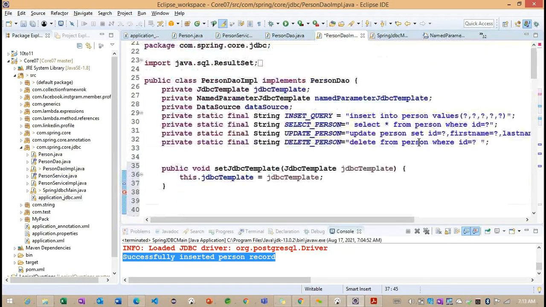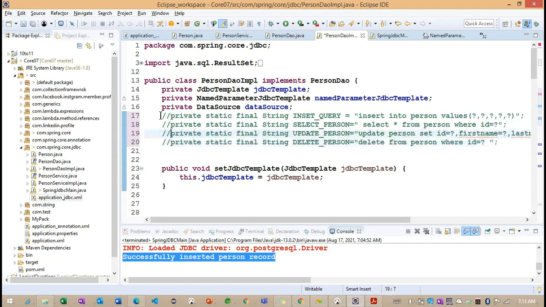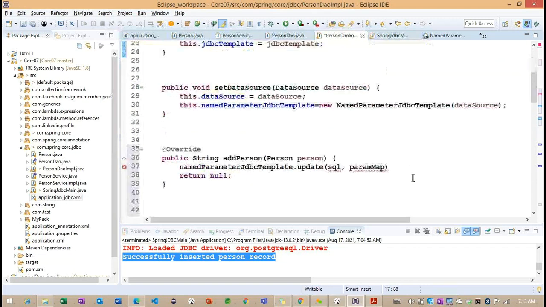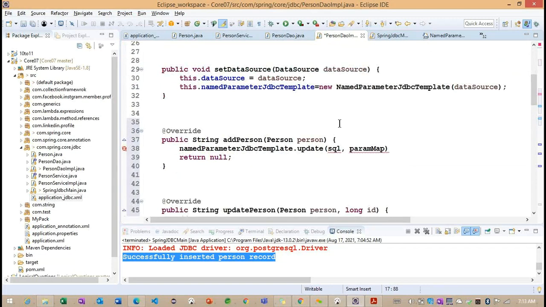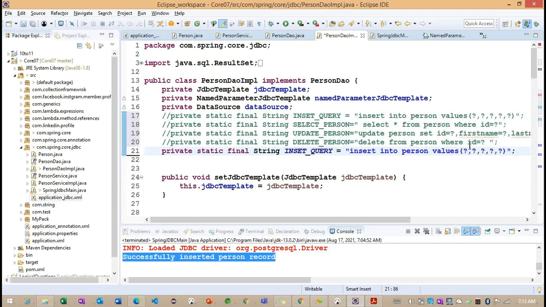To update this query, I want to comment out all the queries. And how many question marks are we having here? Five question marks. So I am removing these five question marks.